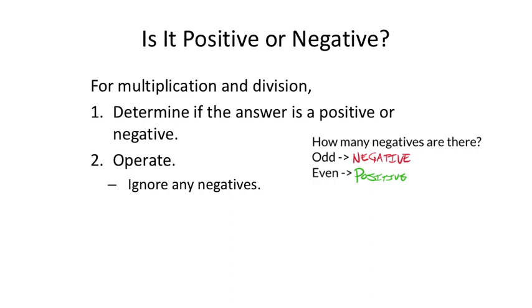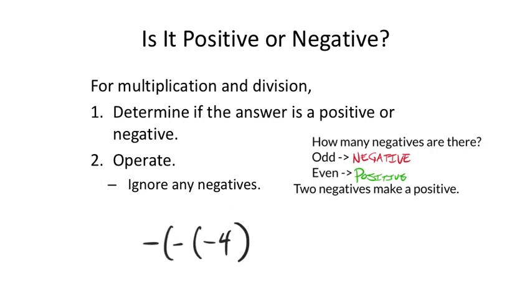Now that may not be what you were told in your classes, right? So let's add something else to this. So how many negatives are there, odd or even? The even one, just the even one. If you have an even number, they may have said something like 2 negatives make a positive, okay? So if you start pairing negatives in groups of 2, then you end up with positives out of those, which is why in the past, when we saw something like this, like a negative of negative 4,